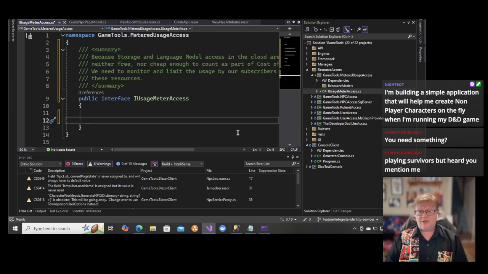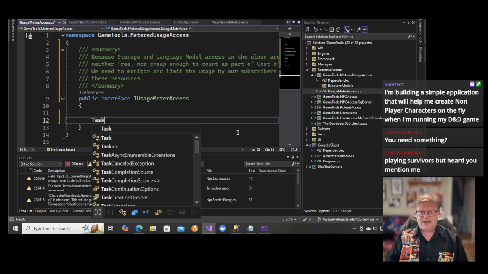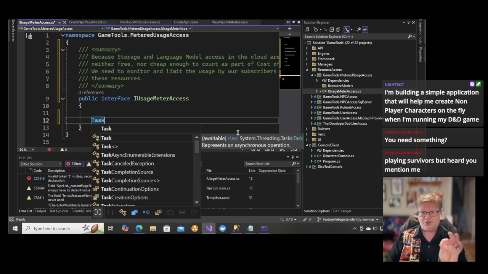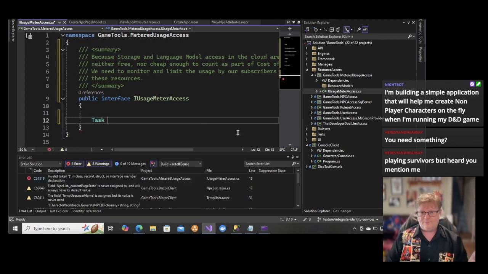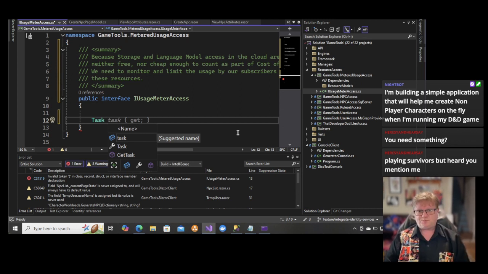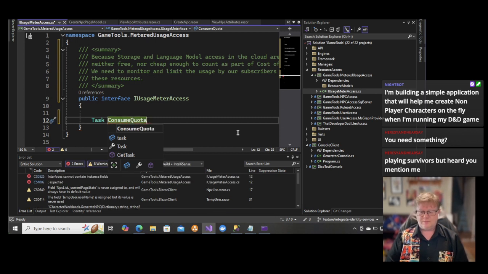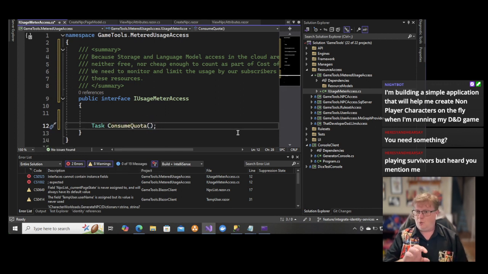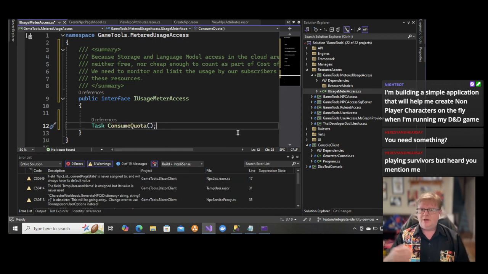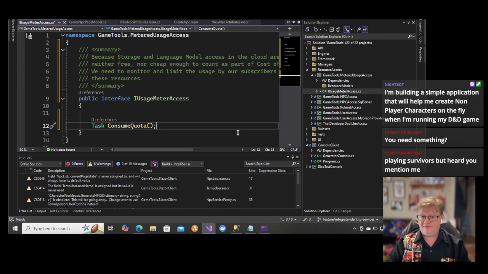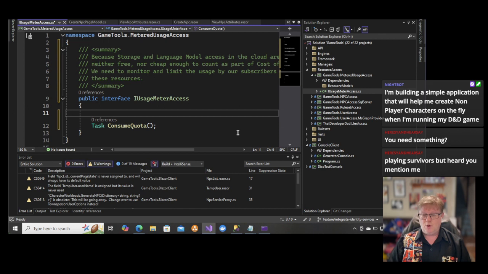So I'm going to declare all of them as Task. I'm not sure of what yet. Task consume quota. I'm not sure what the parameters or return types are going to be yet, so we're just going to leave those blank. But consume quota